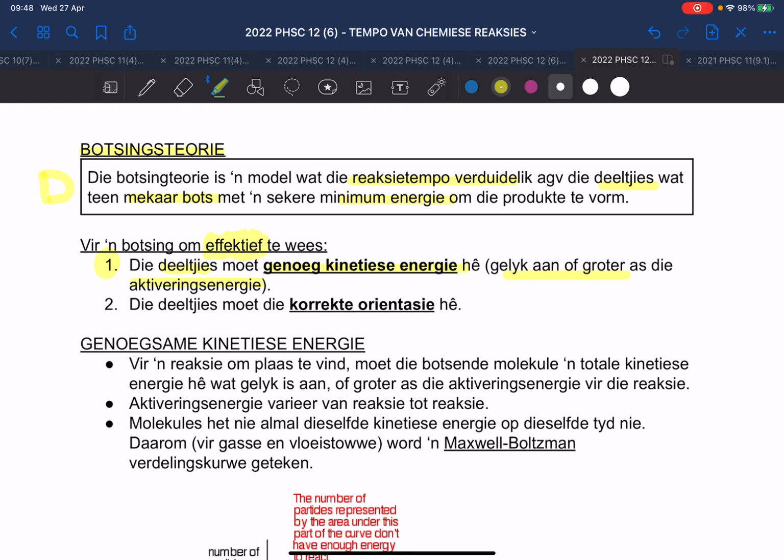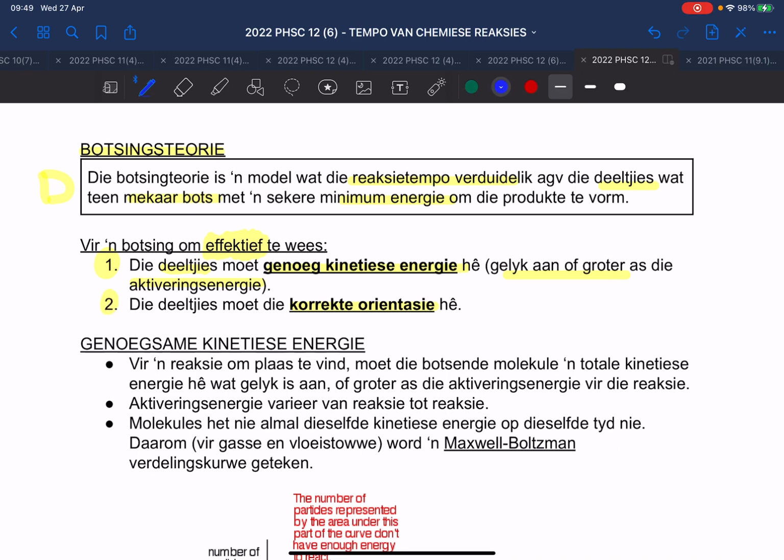Secondly, it must have the correct orientation. It doesn't help if I have an eye on someone and I say, hey, what's up? And then they say, get going. So it doesn't help that I want to make this reaction happen, but I don't have the correct orientation. She's not interested, leave alone, friend. Good, so this is important. The second thing is important. You can try to make the reaction happen, but if it doesn't have the correct orientation, it will not. Okay, so the second thing is it must have the correct orientation.